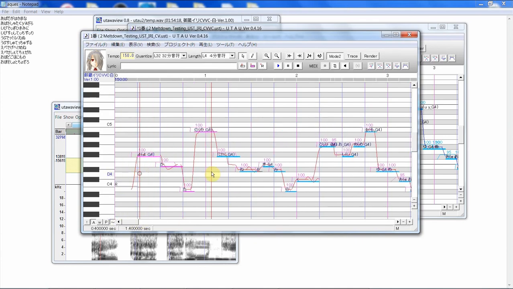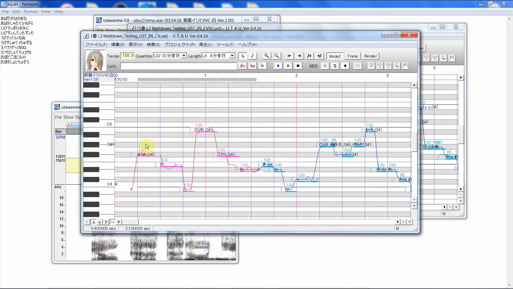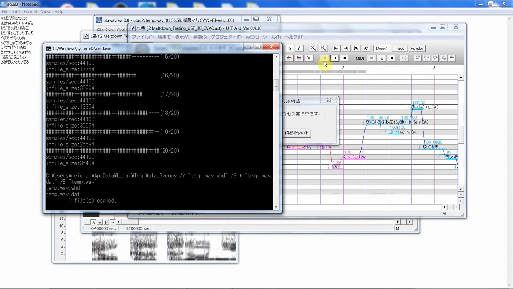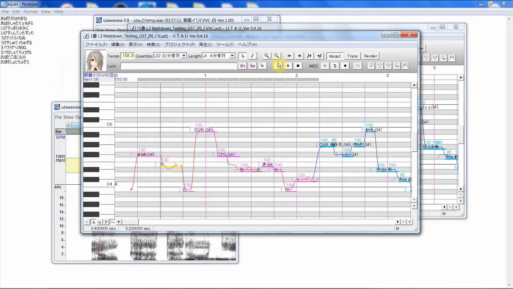Now look at all the literally no effort that went into making this sound like this. よかったのにね、君の首。 Now, let's play it again. よかったのにね、君の首。